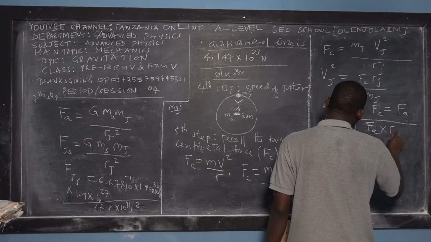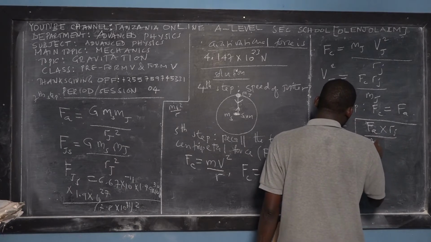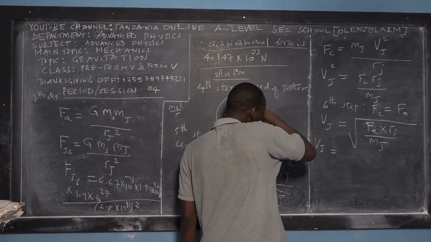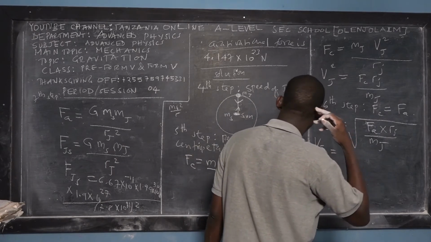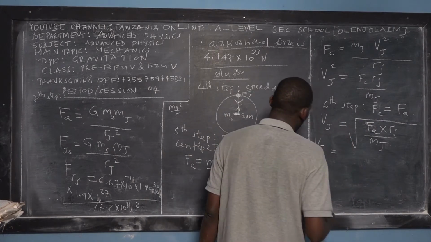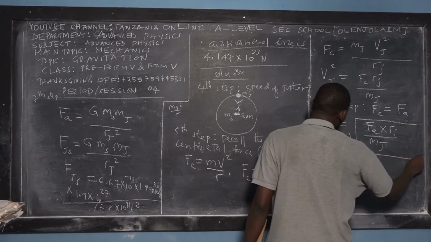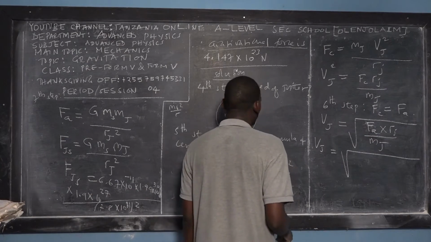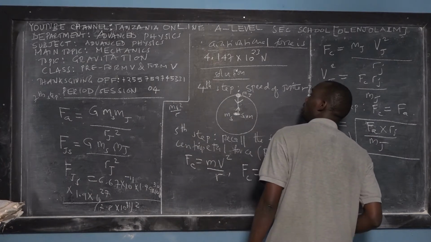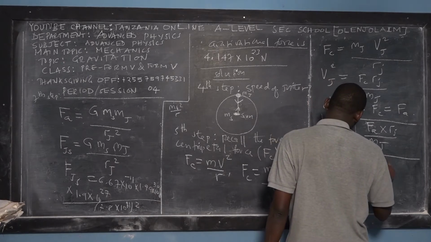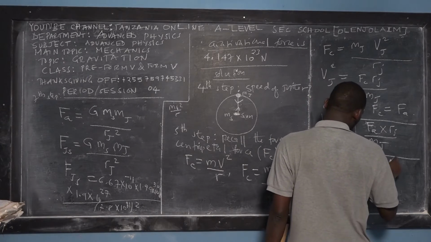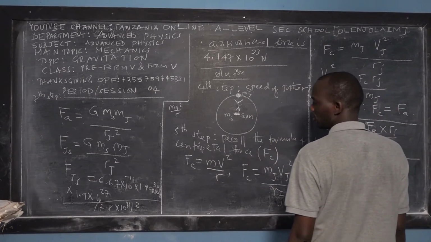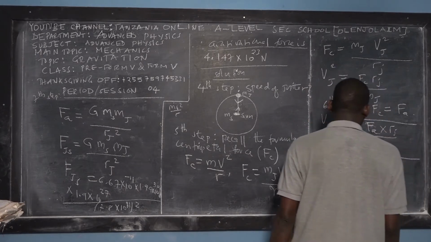Radius of Jupiter, we have it, divided by what? Mass of Jupiter, we know it. So then, again, the speed of Jupiter is equal to the square root of the gravitational force, which is 4.7 times 10 to the power 23, radius of the Jupiter is 7.8 times 10 to the power 11,